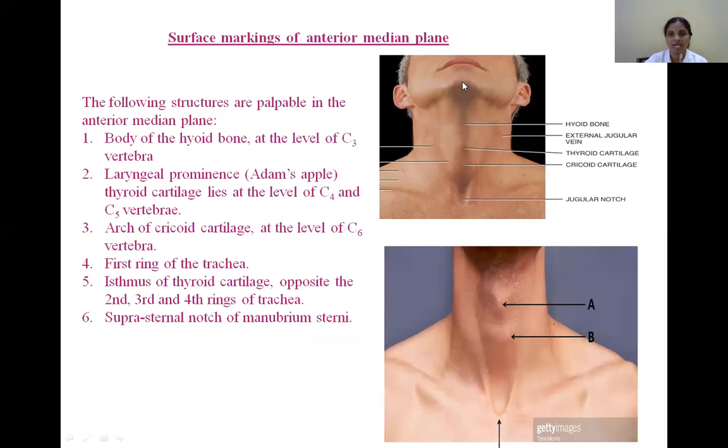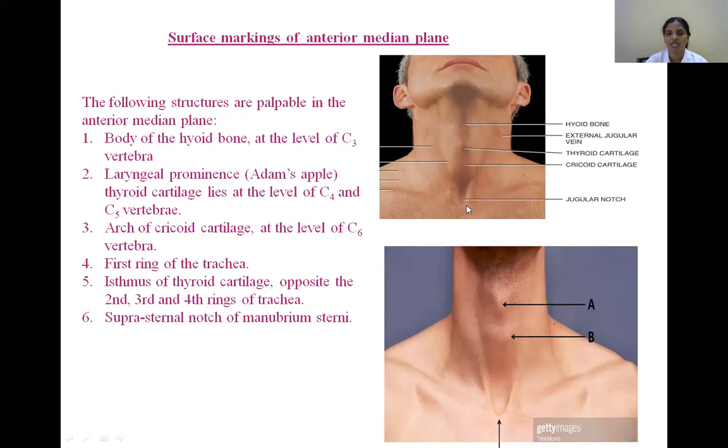If you look from the anterior median line, it extends from this bony prominence. What is this? Symphysis menti. From the symphysis menti, a line extends along the lower border of the mandible and reaches the angle of mandible. From the angle of mandible to the mastoid process is an imaginary line. There is no bony structure or landmark, but we draw an imaginary line from the angle of mandible to the mastoid process. This is the upper boundary of the neck, limiting the face and neck, whereas below it is limited by the entire extent of the clavicle.